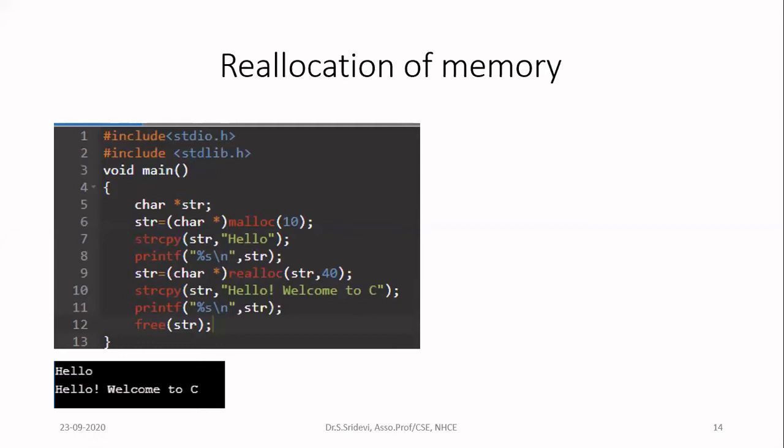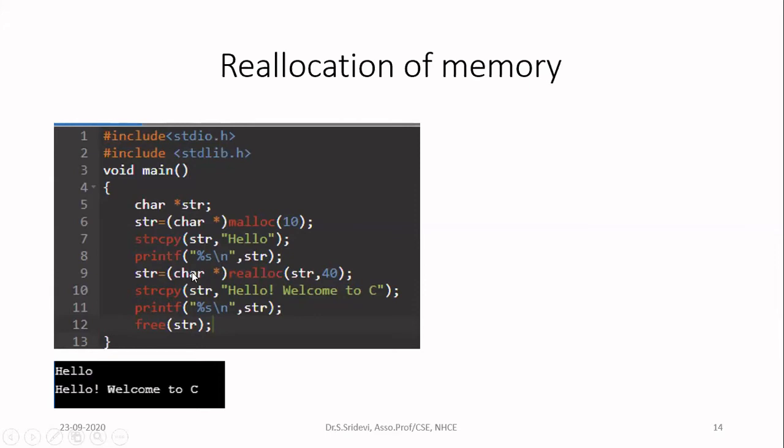Now in the memory location allocated, I want to store hello. So I am going to use the function strcpy. I am going to pass two arguments for this function. The first argument is the destination string, and the second argument is the source string. Here I want to copy hello. Where you want to copy hello, you have to specify here, the memory location pointed by str. If you do this, hello will be copied to the memory location pointed by the pointer str. Finally, I am going to print it using the printf statement %s, str.